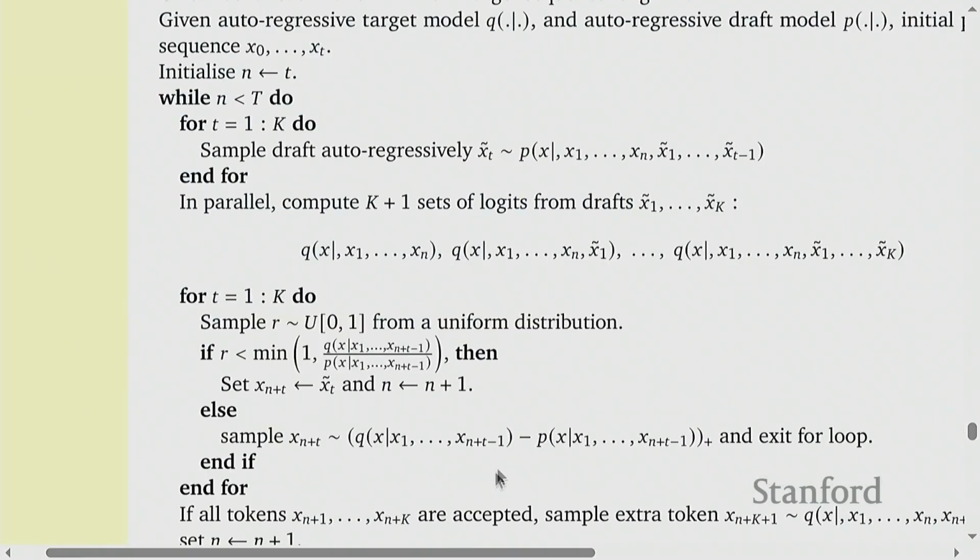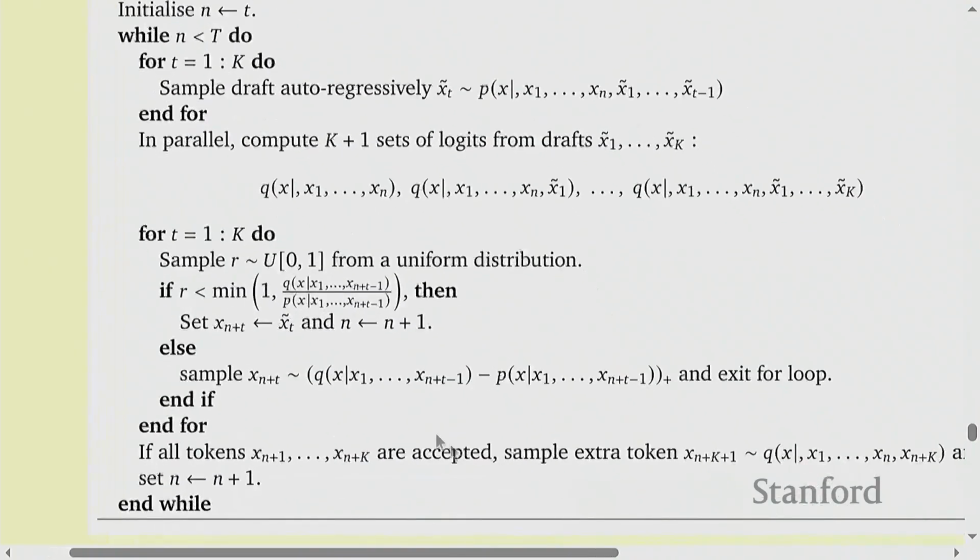Okay, so here is the more formal algorithm. You're going to have a look ahead of k. You use your draft model and generate k tokens autoregressively. This is hopefully fast because your draft model is small. Then, given these k tokens that you generated, I'm going to score them by computing the probability under the target model Q. Now I'm going to decide whether I want to accept this or not.